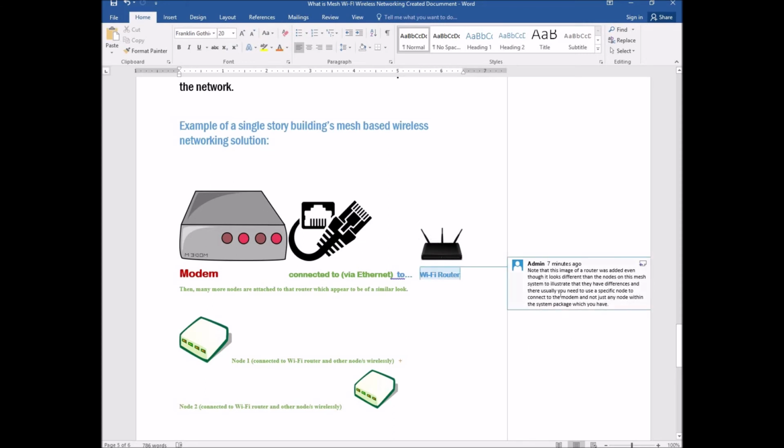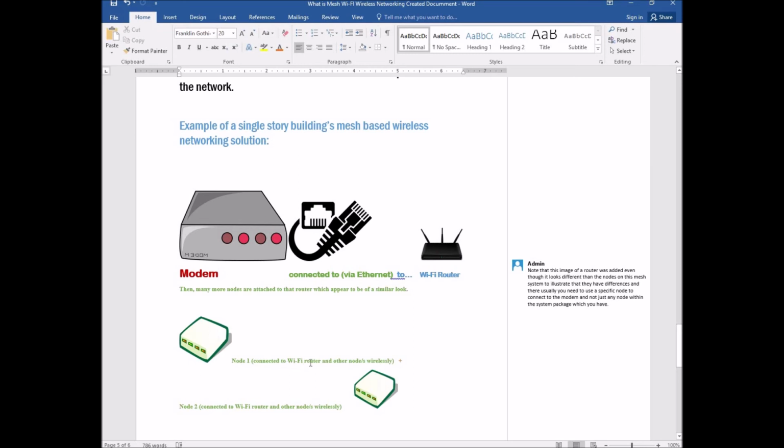I have included a little note about why this image was selected over others, essentially to distinguish the router versus other nodes, as some people could confuse that all the nodes are always going to be the same. If you want, pause the video and read that. Then node 1 is going to be